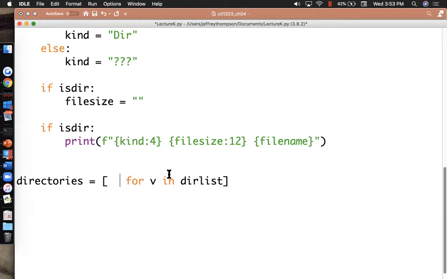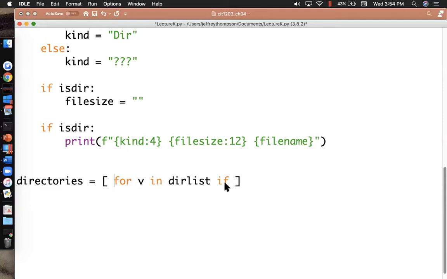My brain's spaced on this. Let me pause, and I'm going to think about it. All right, you can use something else. It's called filter and lambda, but you can also just stick an if statement in here in the newer versions of Python. So for every value in the dir list, if